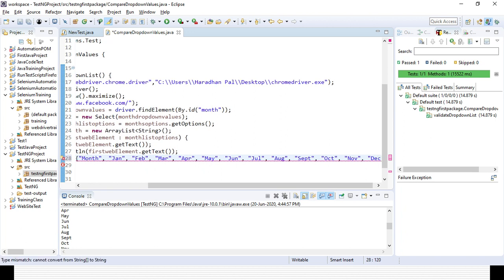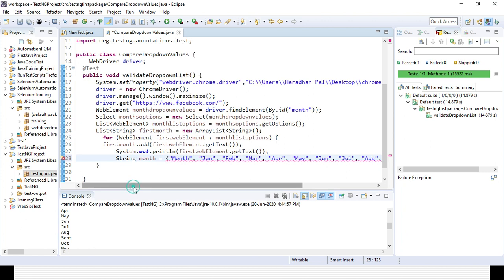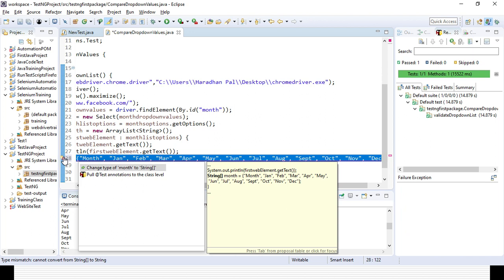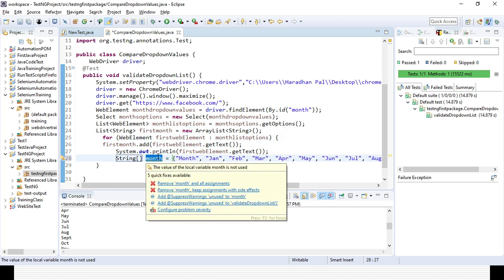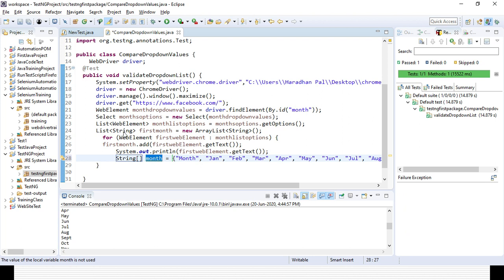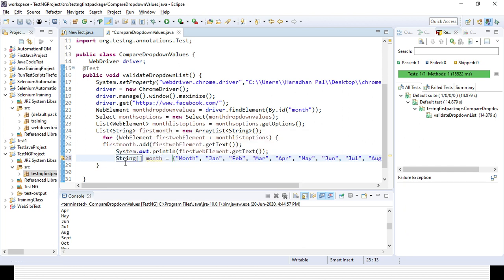So these are the values. I know these are the values that should come and I want to match the expected and the actual result, right? Here some error message is coming. You need to convert the month to string. Okay. Now, as it is a string, I need to change it into some list, right? So how can I change it? I need to use some list here.